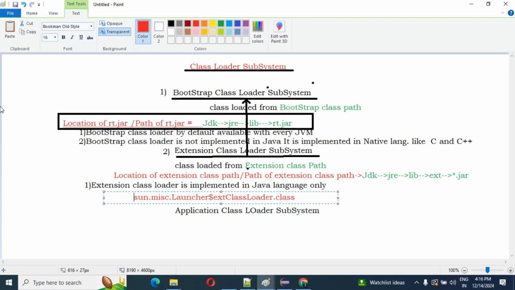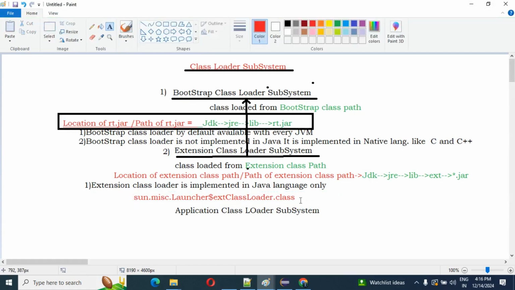So this is all about the extension class loader system. Now we are going to jump to our third class loader subsystem, that is, the application class loader subsystem. This is our third part.